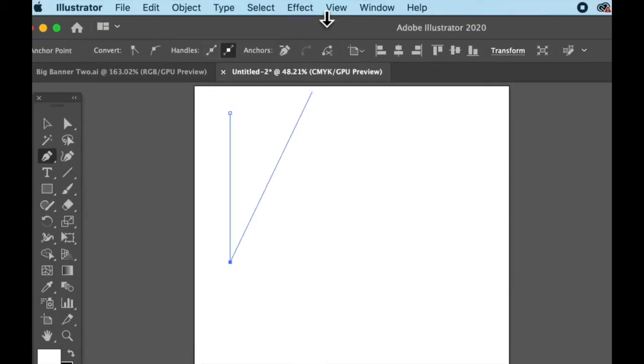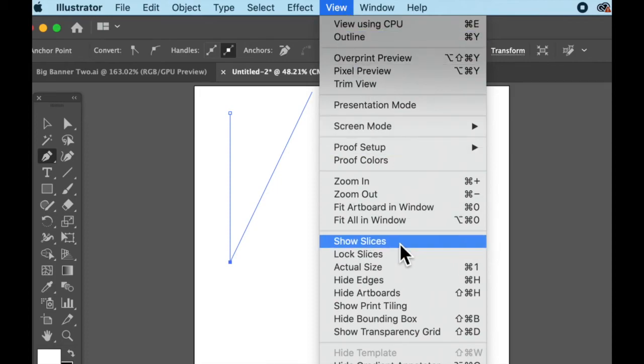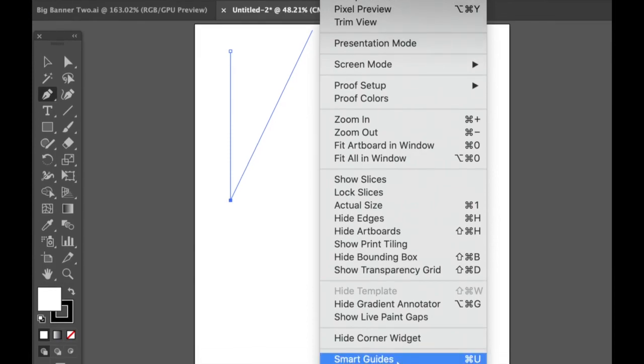Another thing about straight lines with the pen tool is if you hold the Shift key, the Shift is a constraining tool. So if I want to draw a perfectly vertical line, I might have a hard time gauging that on my screen if I don't have my guides on. So a way you could do that is holding the Shift key, and the Shift key will constrain it right to that line. If you have your guides on, and to access my guides, I go to View, and I will go down to